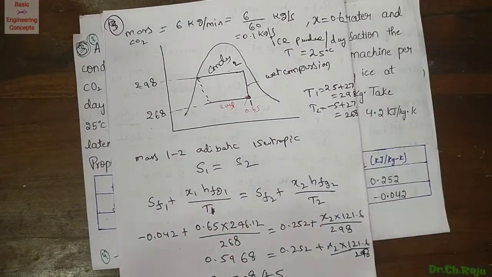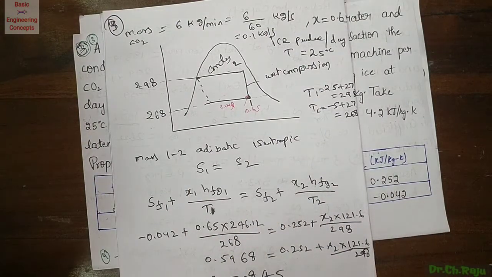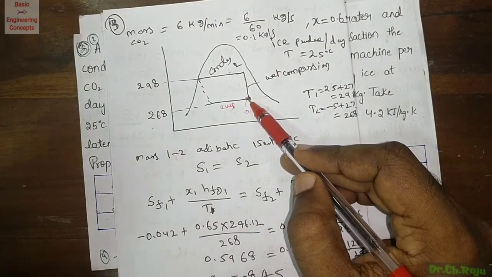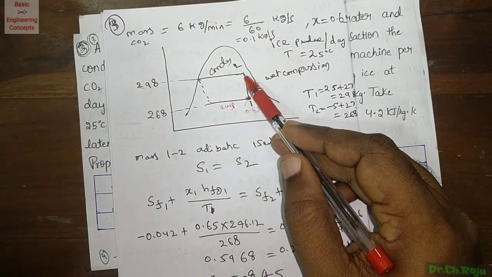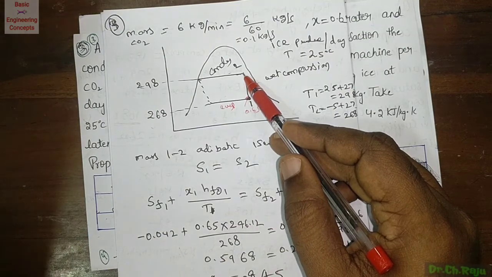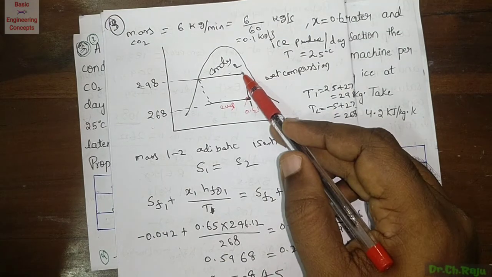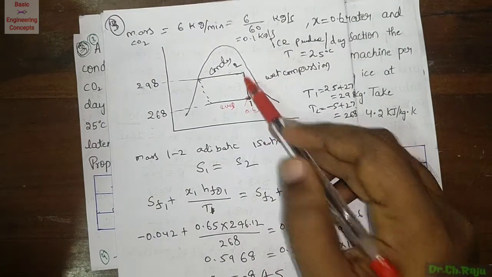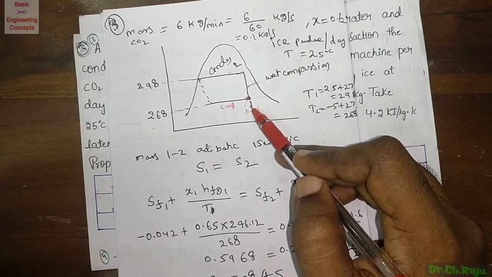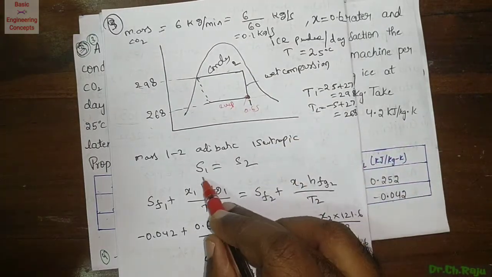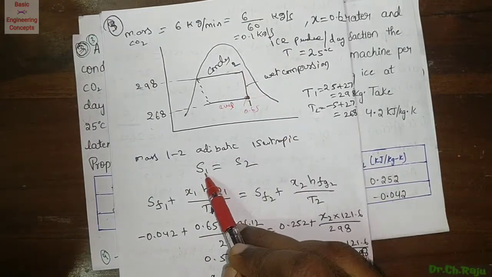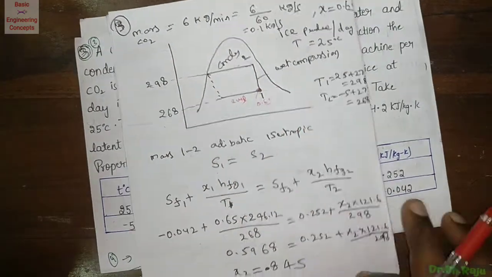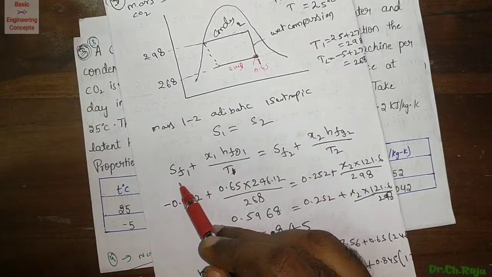Now it is required to calculate the condition. Condition 1 is given as wet. What about condition 2? It is unknown. As the compression process is isentropic, you can assume the entropy at 1 is equal to the entropy at 2, that is S1 equals S2. Then the formula becomes sf1.